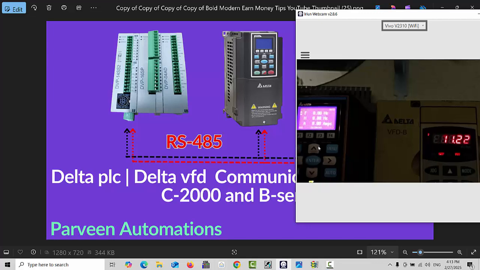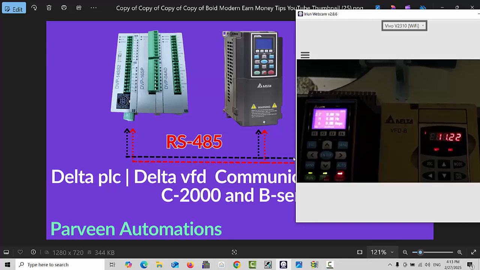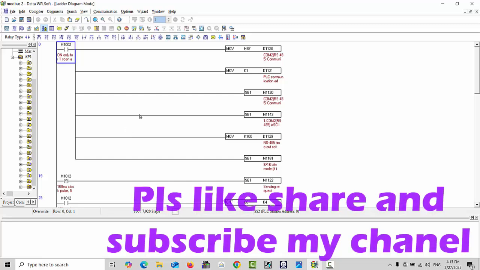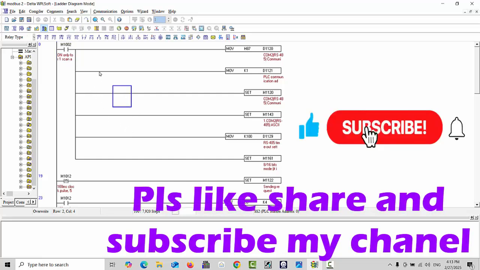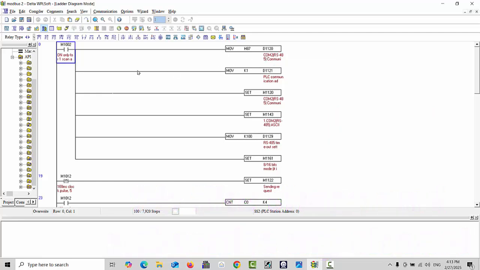Just go out of the parameter section and let's start the program: how we can make the ladder logic for the RS-485 program. I will open my WPLSoft software, and here I have already designed this program for a single drive. I will just introduce it to you. This is M1002, the single scan cycle pulse memory we are using, and this is H87. We use this for RS-485 communication in RTU mode,